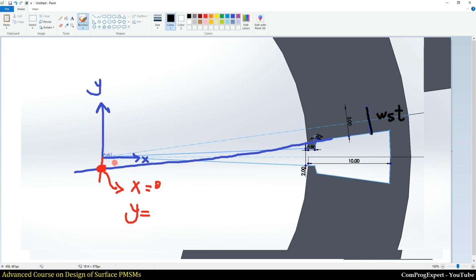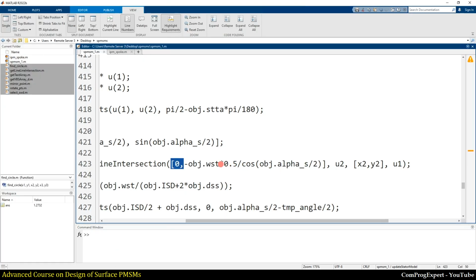So we know this angle, right? The half of the stator slot pitch angle. So we can calculate this length that is actually equal to this length, right? This is the alpha S divided by 2, and we can calculate the y coordinate of this point that is actually this one.